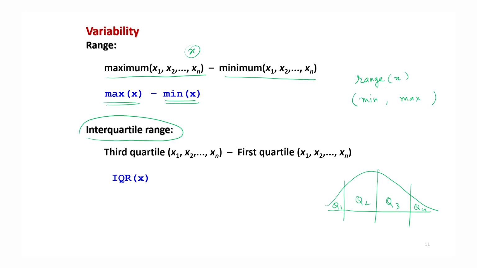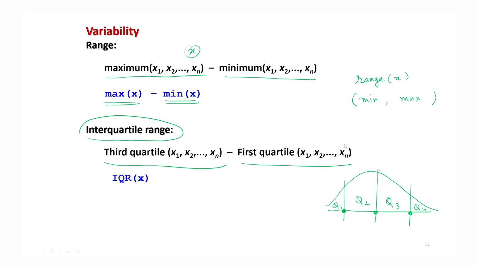And it is like that Q1, Q2, Q3, Q4, they are the 4 quartiles which are trying to divide the total frequency of the data into 4 equal parts. So the values at these points where I am trying to highlight give you the value of the first quartile, second quartile, third quartile, and fourth quartile. So interquartile range is defined as the difference of third quartile of the data minus first quartile of the data, and it also gives you a sort of measure of the variation.